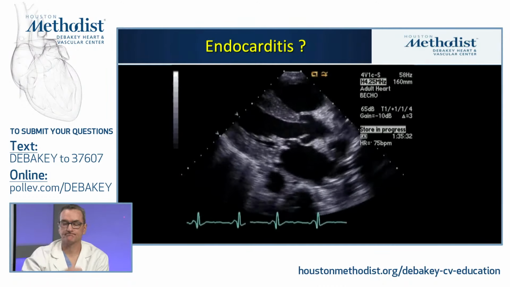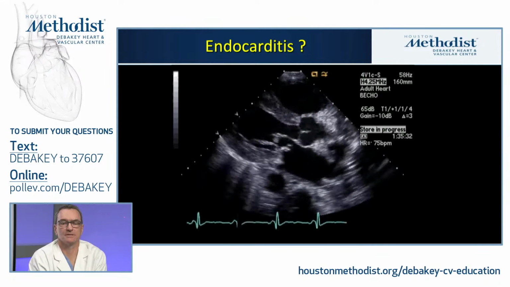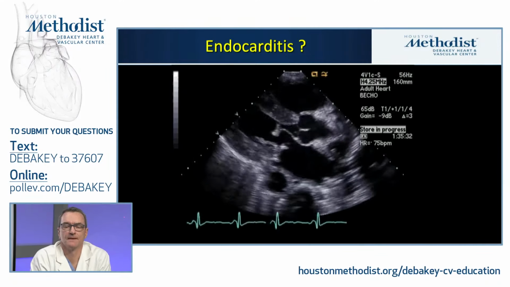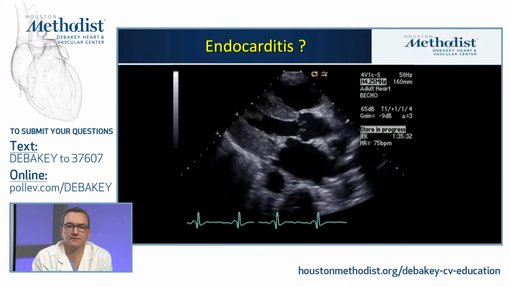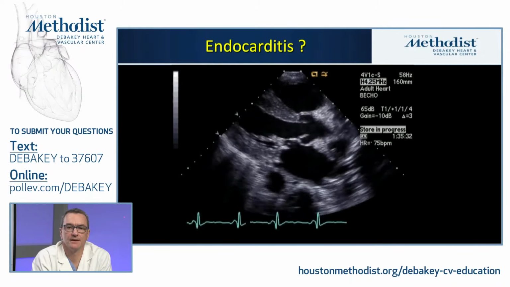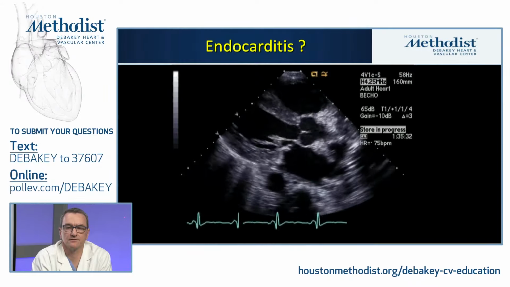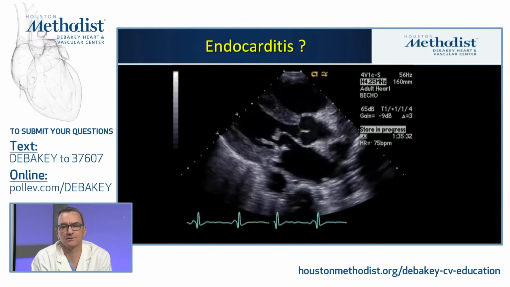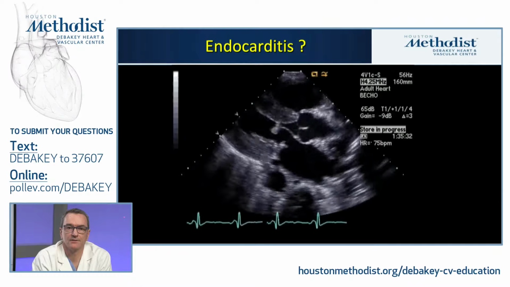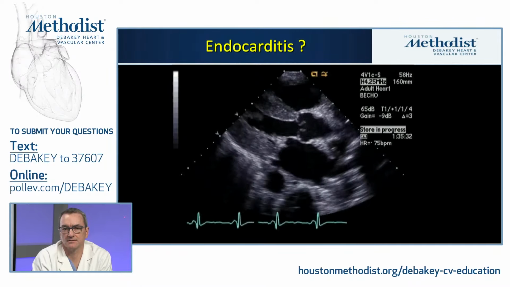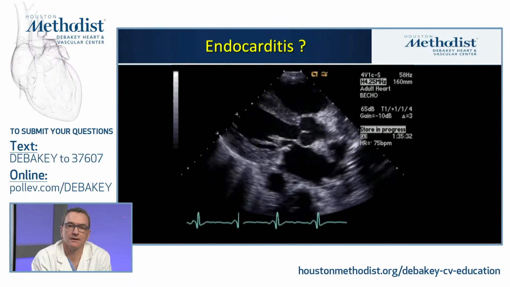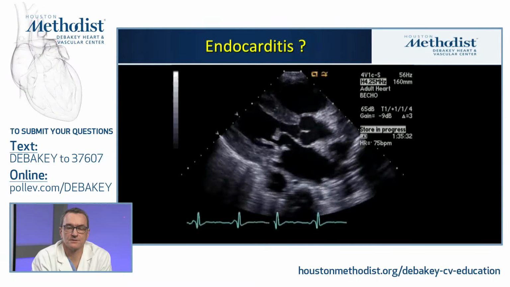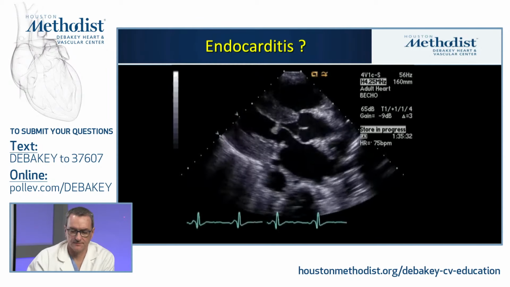So this is an important slide to show you because this is a transthoracic echo, clearly an abnormal mitral valve. You see some diffuse thickening on the posterior leaflet, not particularly mobile. And you see a very discrete hammer-like lesion on the distal portion of the anterior leaflet. If you look closely at this, I would say you do not easily demonstrate oscillation of this mass. It looks very rhythmic with the motion of the valve. So this is the exception to the rule, and this is fungus.